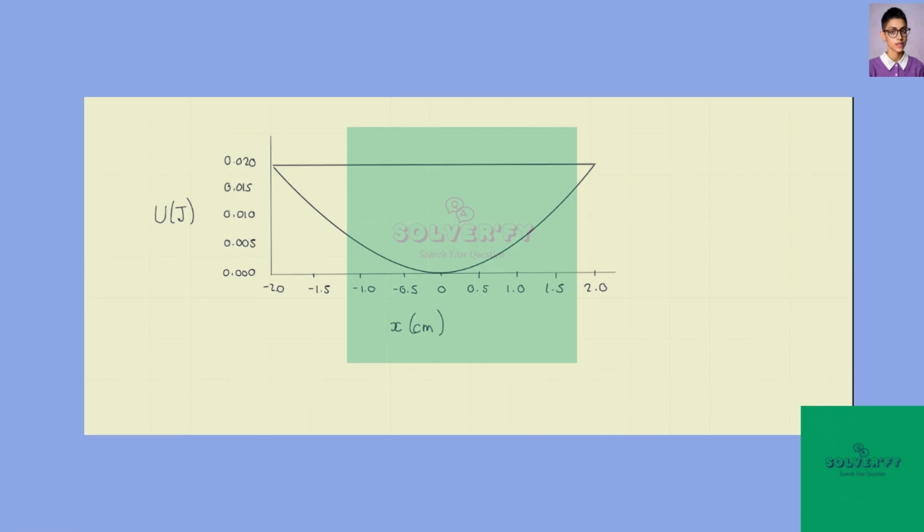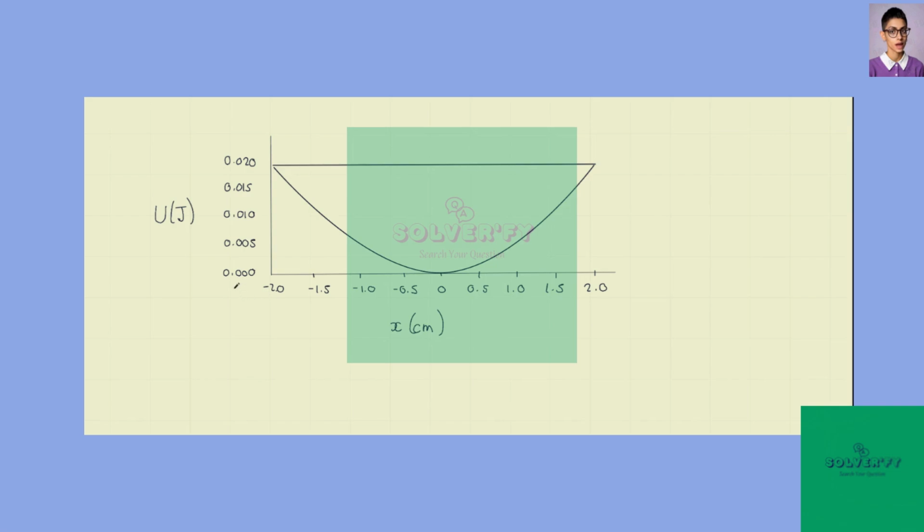For this problem on the topic of oscillators, we are asked to draw a graph for the energy versus displacement for a horizontal spring, which has a spring constant of 95 newtons per meter and a mass of 55 grams at the end of it. If we assume the spring was started with an initial amplitude of 2 centimeters, then we are asked to calculate the potential energy, the kinetic energy, and the speed of the mass for x equal to 1.5 centimeters, all